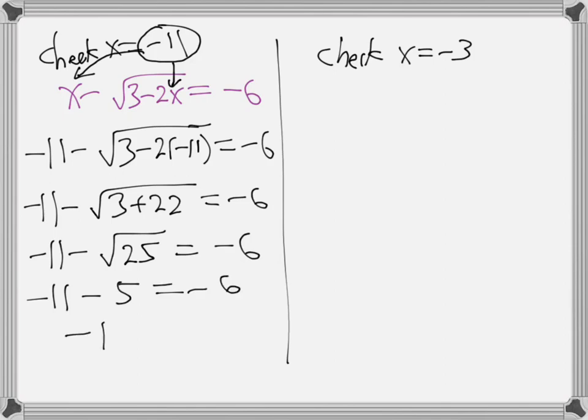Negative 11 minus 5, that's negative 16. Does that equal negative 6? No. So that answer is no good. It's out. It didn't make the left and the right equal on that. Let's check the other side. So on the other side,